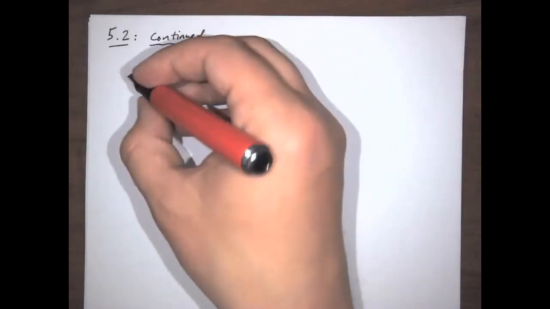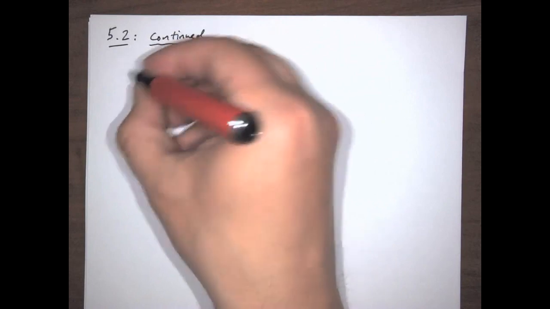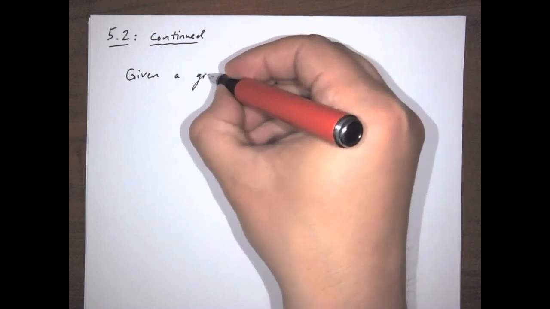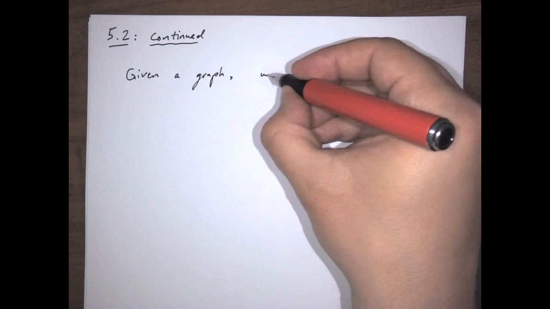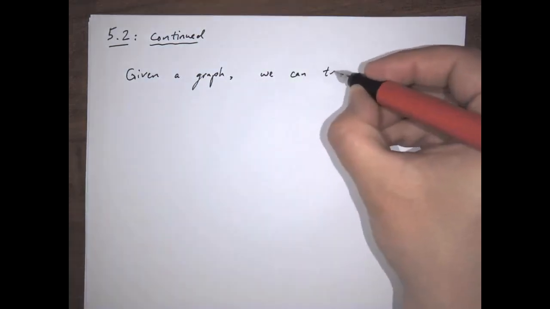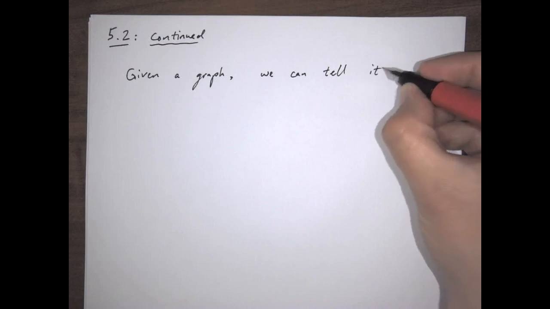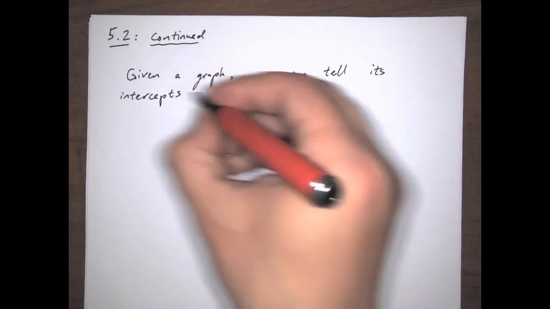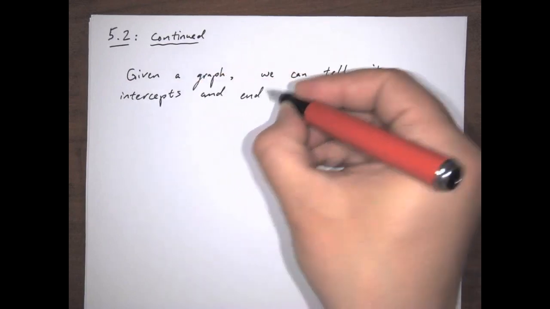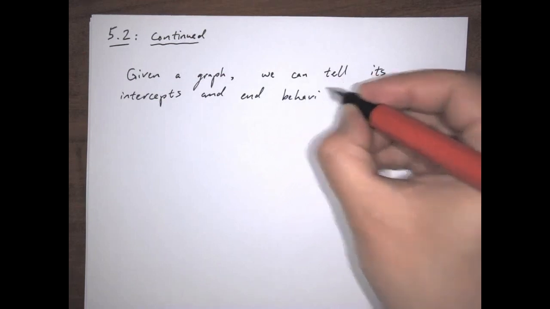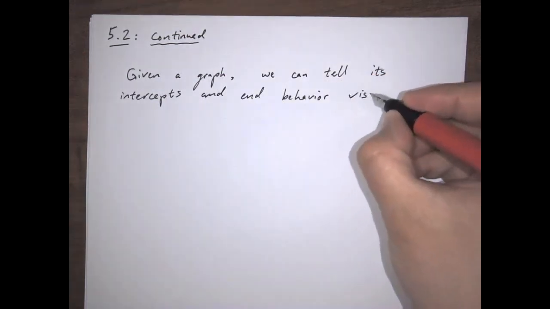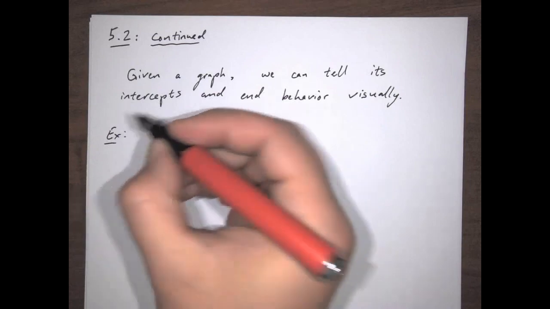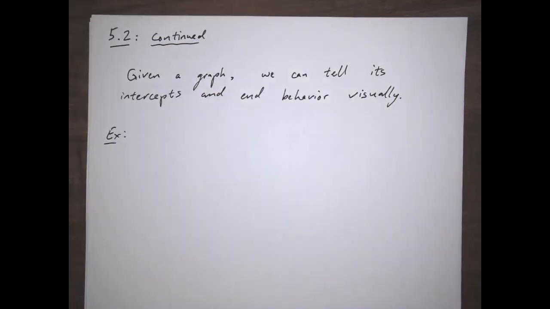Now, we can also do that if we have a graph. So, for example, given a graph, we can tell its intercepts and end behavior visually. Now, the way this is going to look in the book is that you will be given specifically a